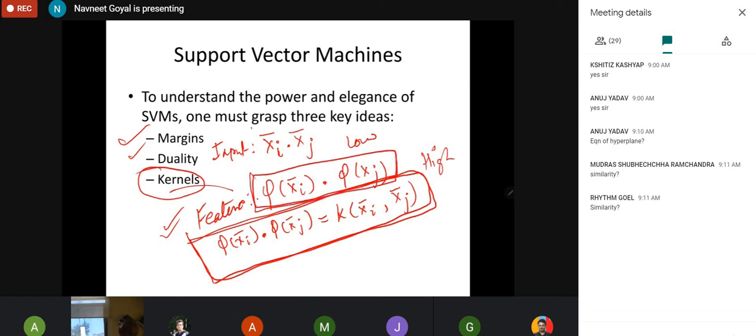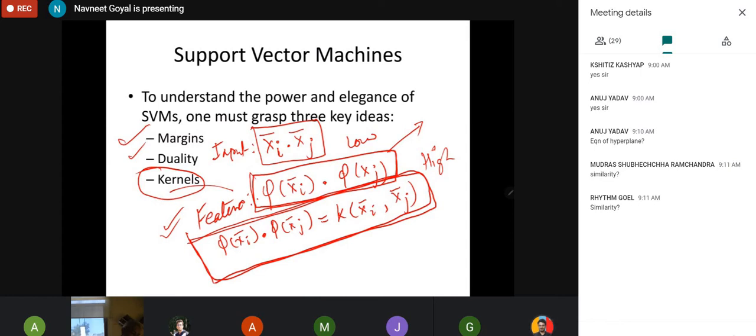In the input space, you are calculating this. Is it not? Because this is the main calculation that you do in SVM, xi dot xj. You'll see where we do this in a while, but let me give you the concept first up. So in the feature space, I'll have to do this. And since this is done in a higher dimensional space, your amount of computations are going up. But now I am telling you